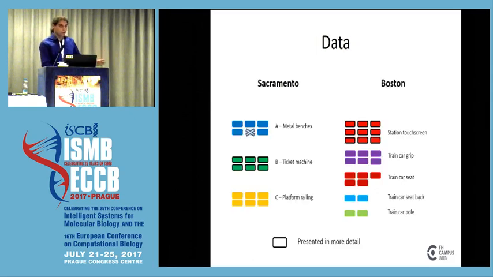Just a short overview, you've heard that already multiple times. I used Sacramento and Boston data. I did not use the New York data because the sequencing depth for assembly was a bit too low, so that did not really work out. The touchscreen samples of Boston as well as from Sacramento are presented in a bit more detail with the examples